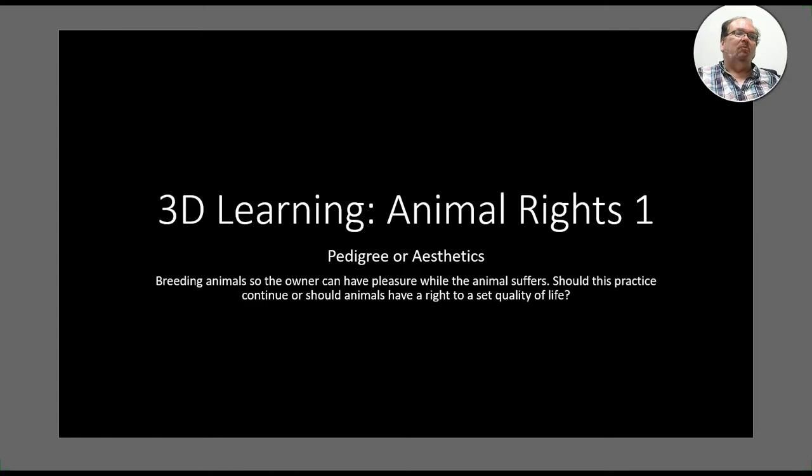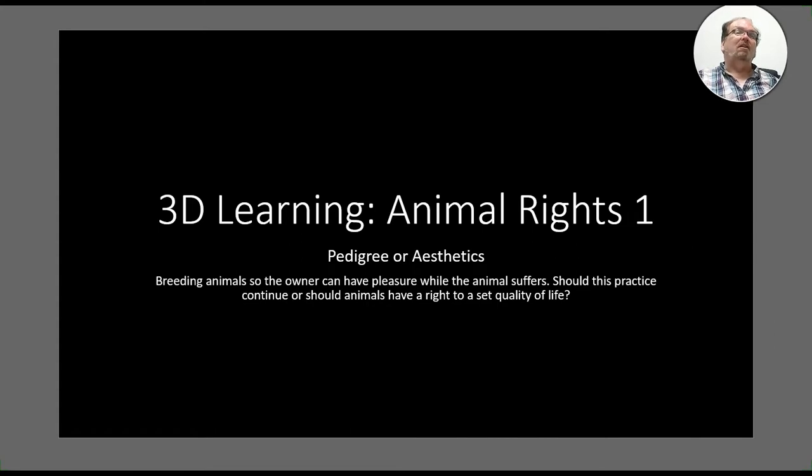Many people love animals, and I love animals, but some are bred just for aesthetics. An owner wants a specific kind of character or a very specific shape or size. They're very expensive, and so that's very nice. But sometimes when we do that, it creates health problems for the animal. And the animals cannot speak their mind. They have no choice. And so somebody has to speak for the animals.